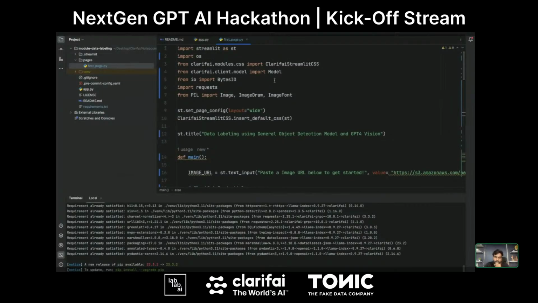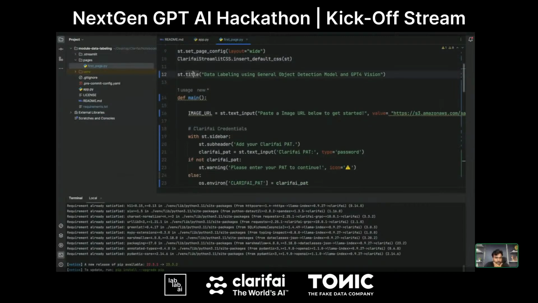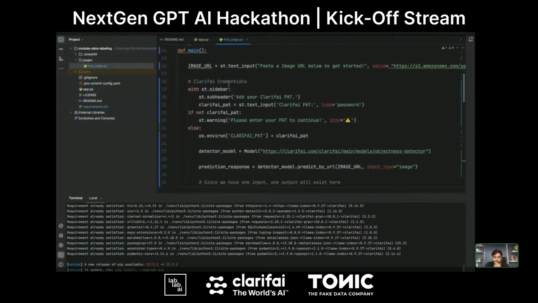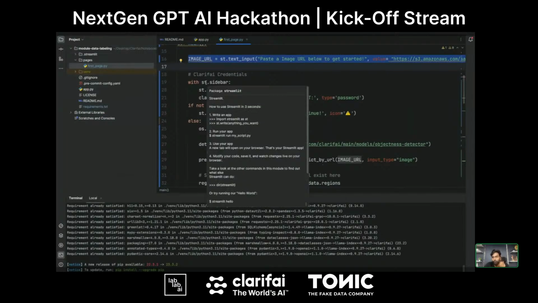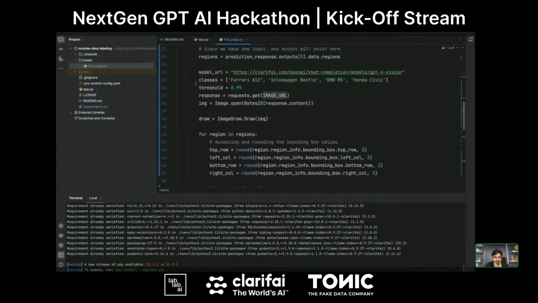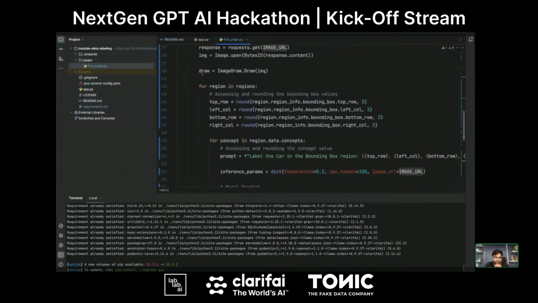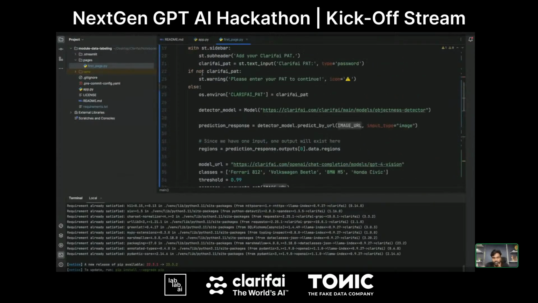I set my page config and defined my title here. In the main function, I created a field for the user to upload the image, and a sidebar where they can upload the personal access token, and then the same code which we have seen. It's nothing different. It's the same code that we saw in the Colab notebook. I just copy pasted it here.